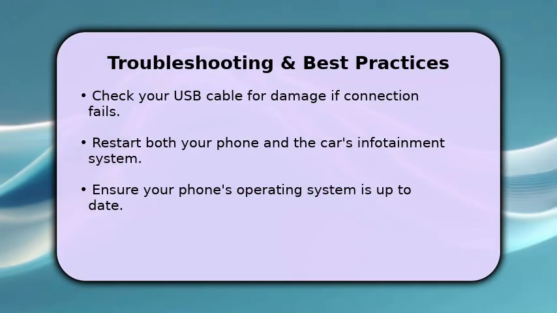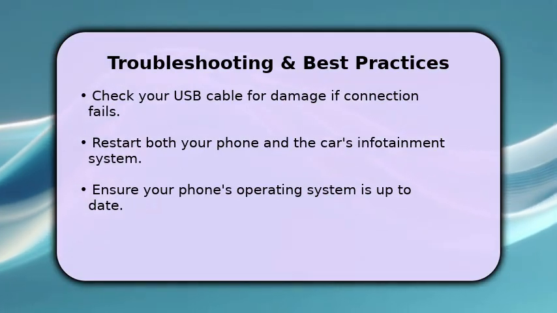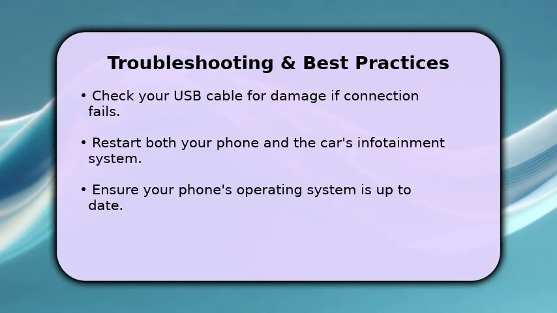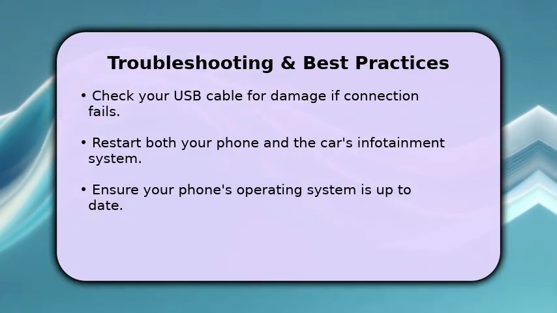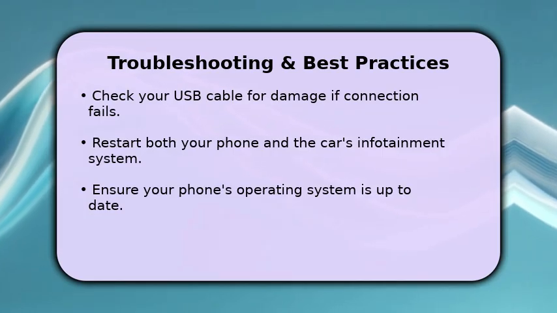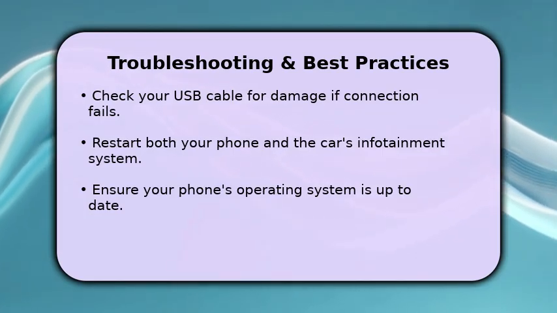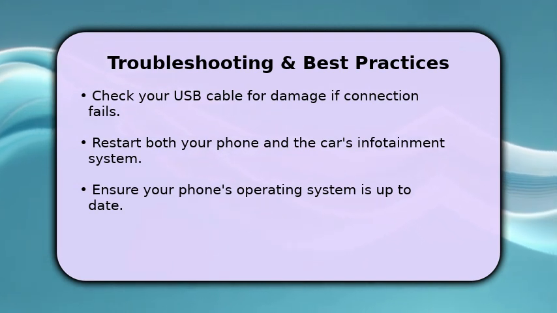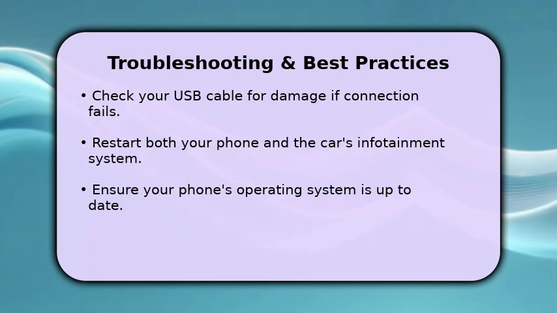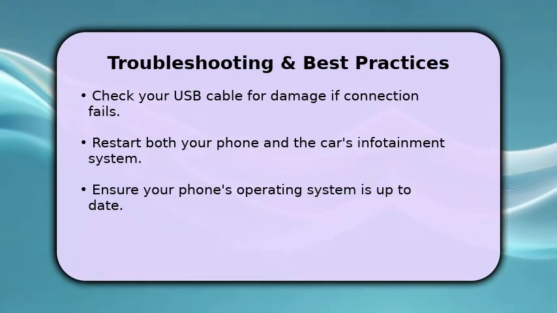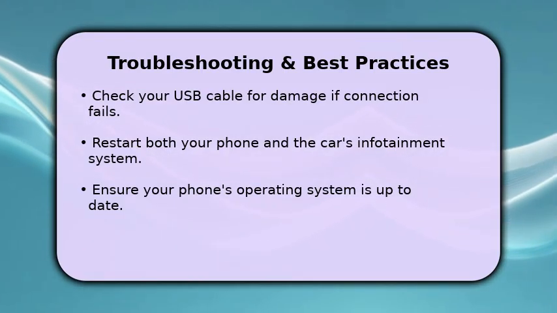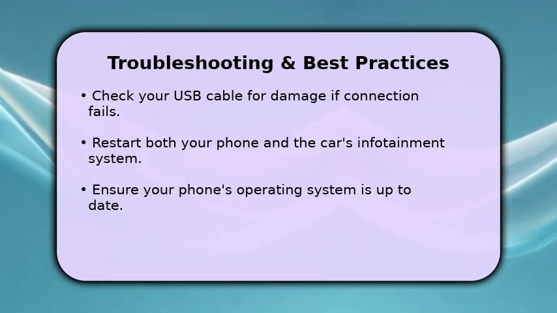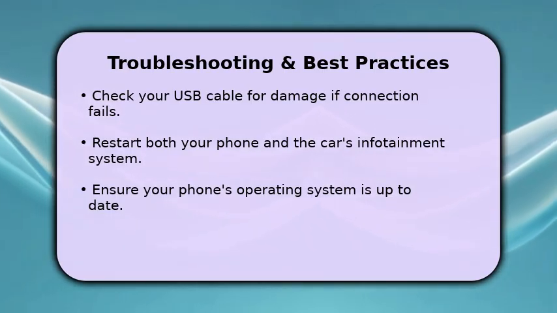If you encounter any issues, start by checking your USB cable for damage. A faulty cable is a common culprit. Sometimes, simply restarting both your phone and the car's infotainment system can resolve minor glitches. Always ensure your phone's operating system and the Android Auto app are updated to their latest versions. For the most reliable connection, use a high-quality, short USB cable, as longer or cheaper cables can